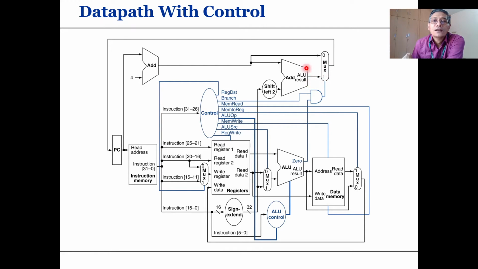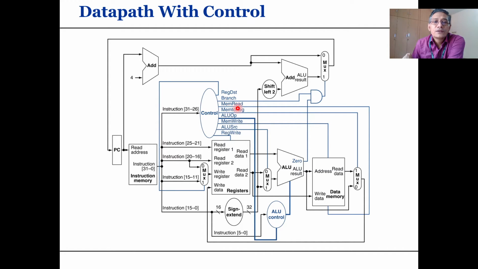At that time the output from this adder will be taken, and already this adder has produced PC = PC + 4. This adder performs the addition of shift left 2 and PC = PC + 4, so this output will be taken for calculating the branch target address. In this way, the ALU comparison result is fed through this zero output signal and given as the input to this AND gate. So this is the use of this branch control signal.